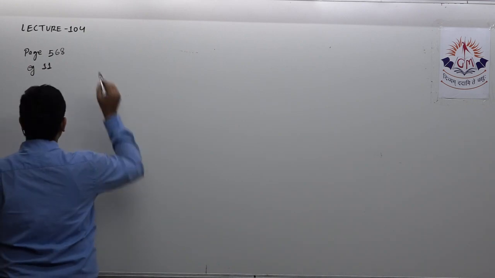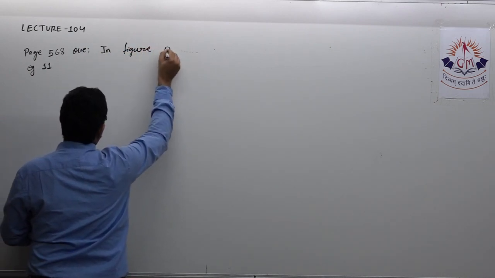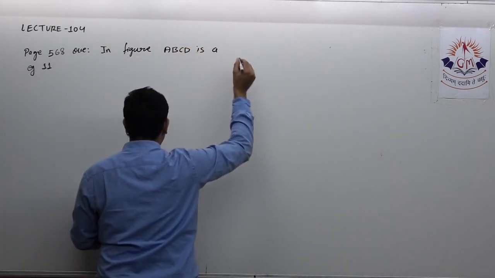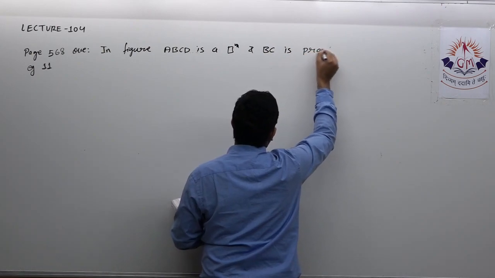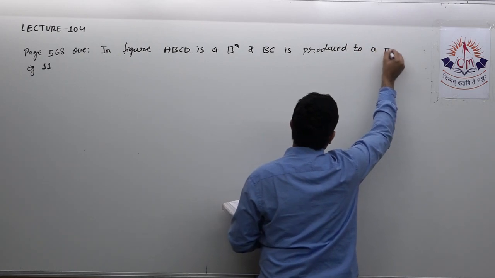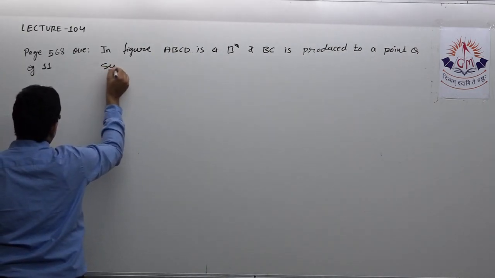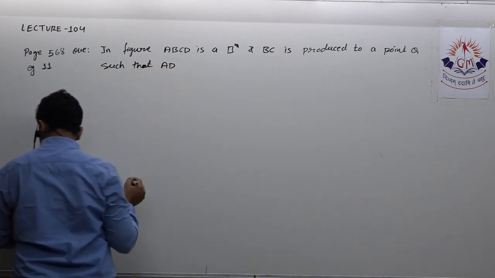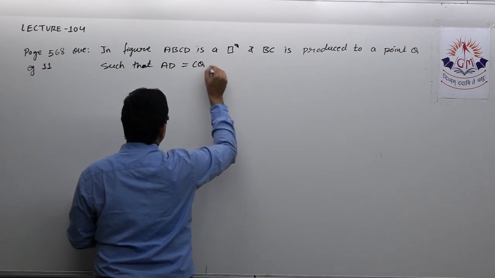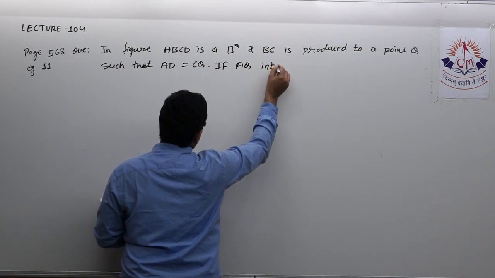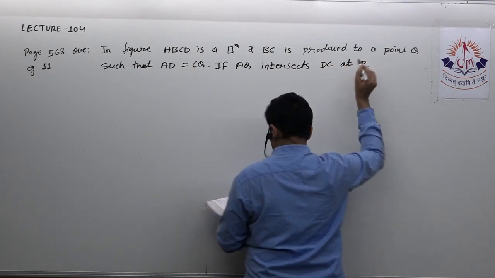Okay, so in the figure, ABCD is a parallelogram and BC is produced to a point Q such that AD is equal to CQ. If AQ intersects DC at P, show that